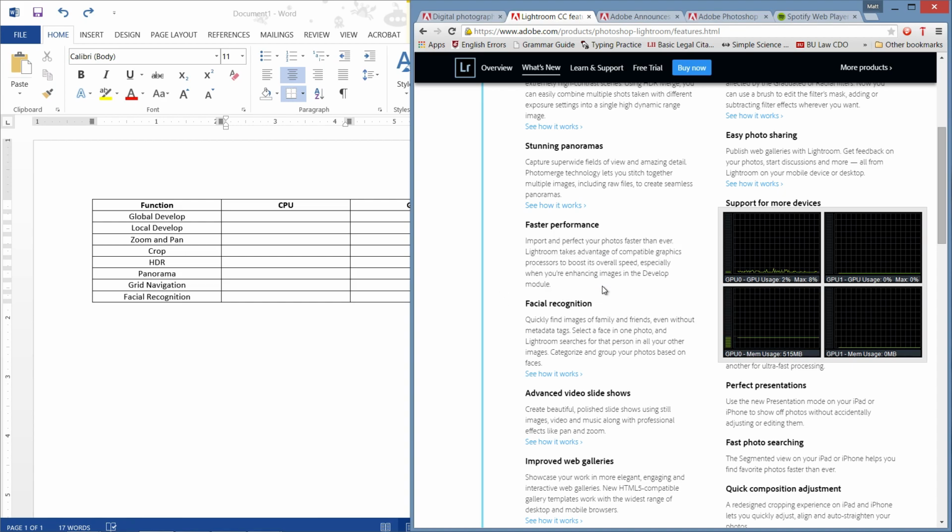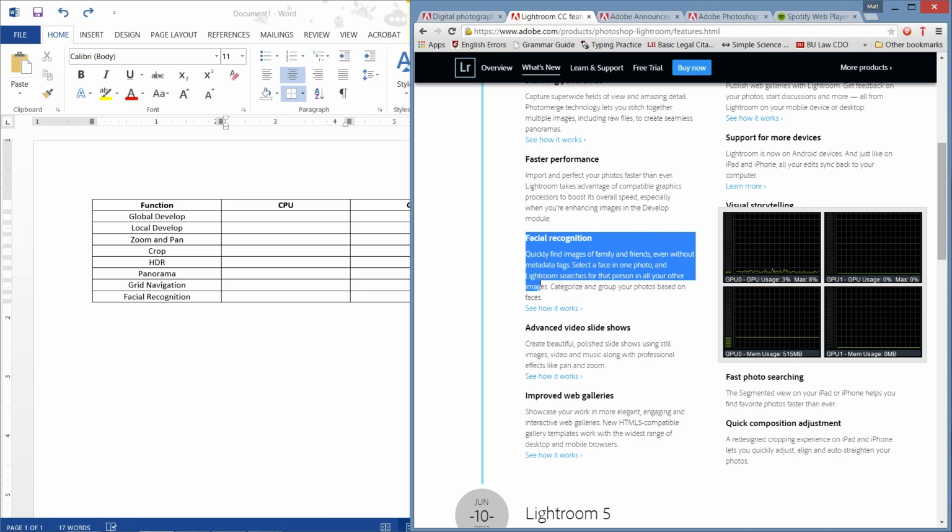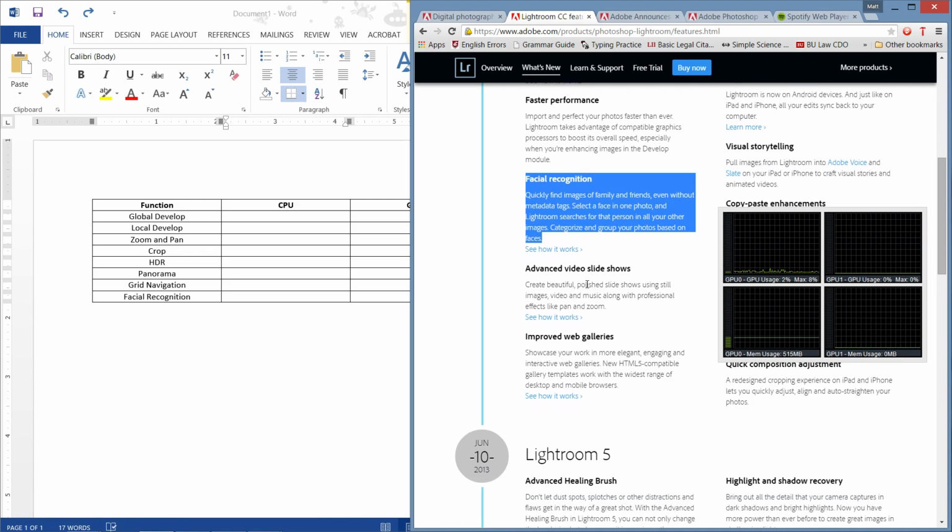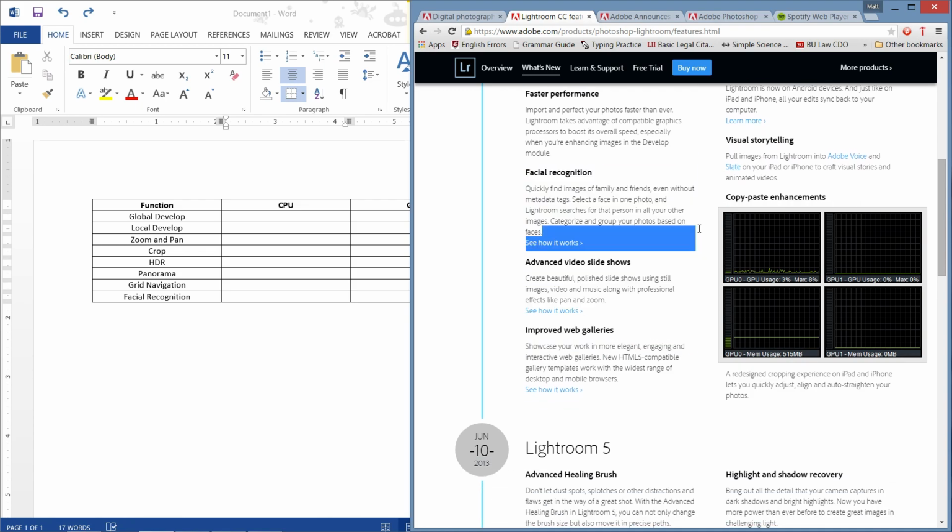So I've done some testing already. Facial recognition is all on the CPU. I'll show a little bit of that. I'm not going to look at these other things on the new features,